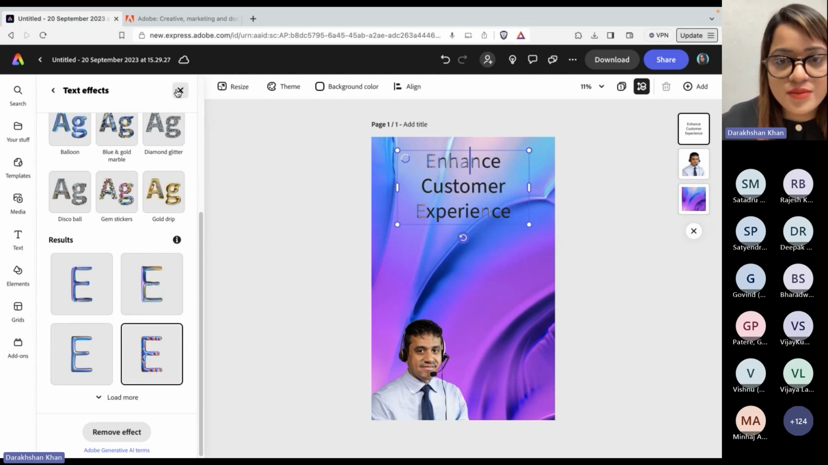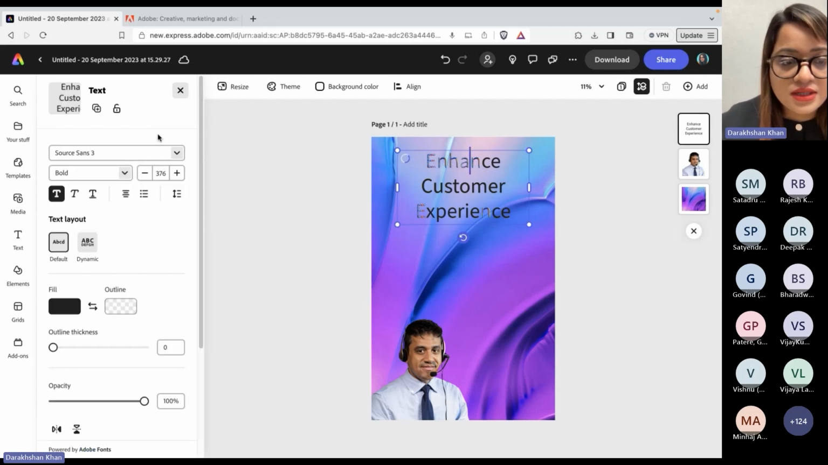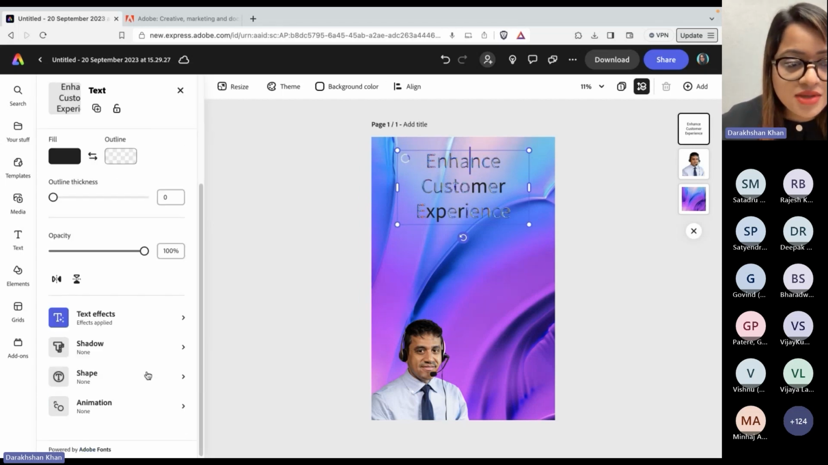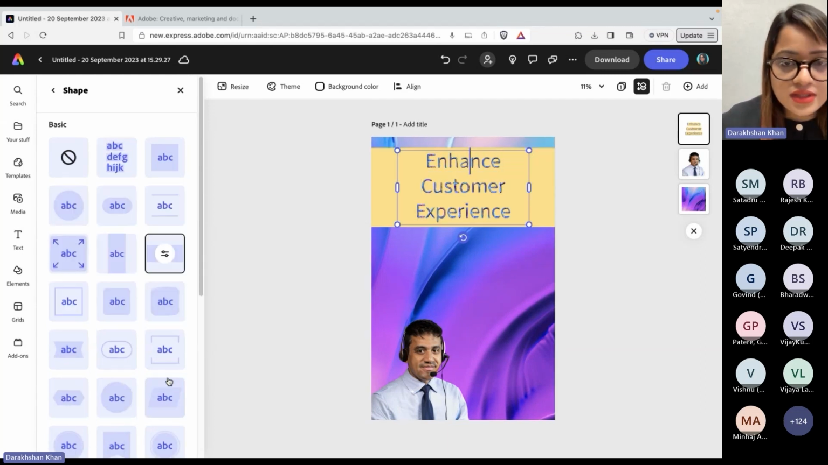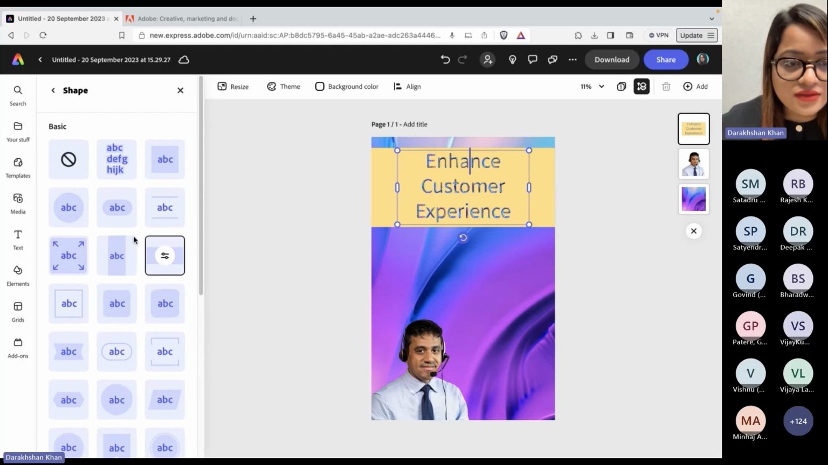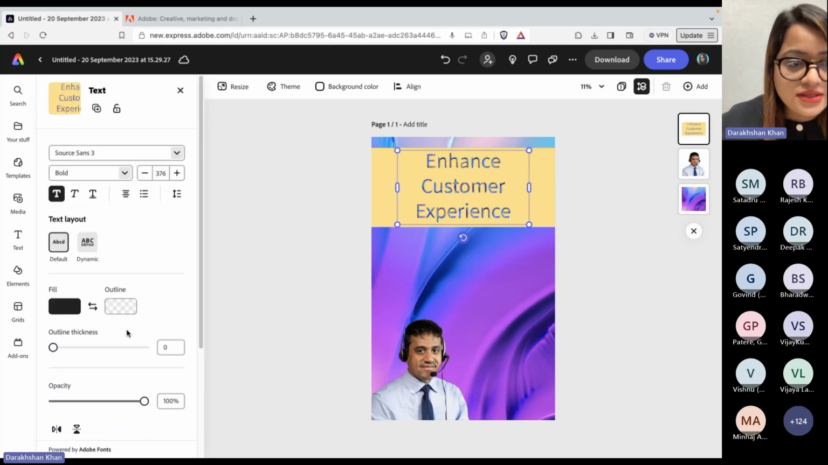So right now it's being processed. Okay. Maybe I want to add a shape here. Maybe like this one is not looking that great. So I'll go over here. I'll add this kind of a shape and this